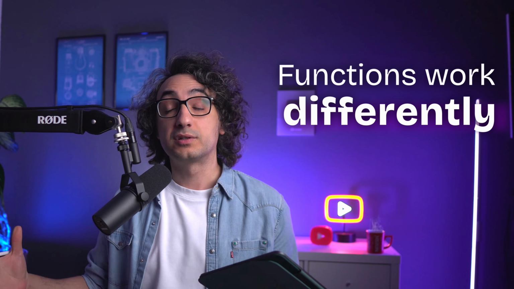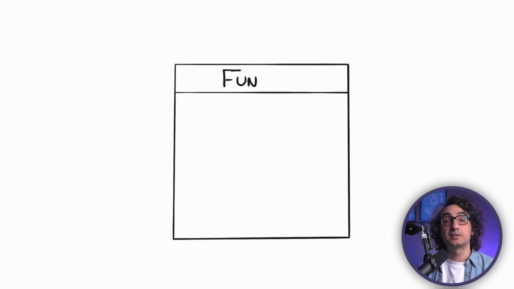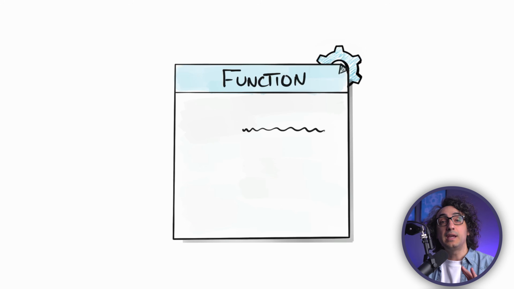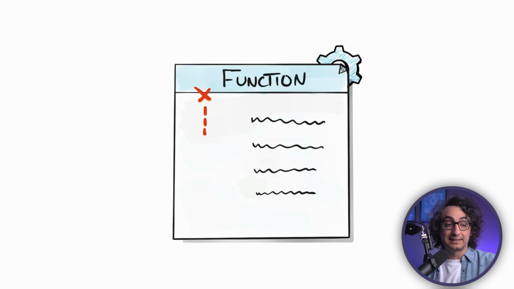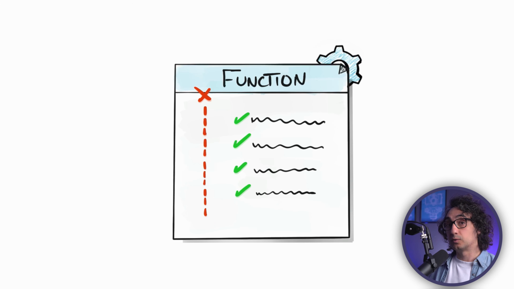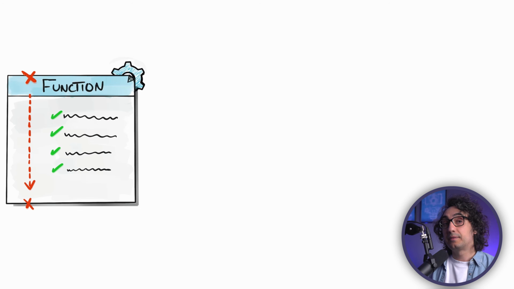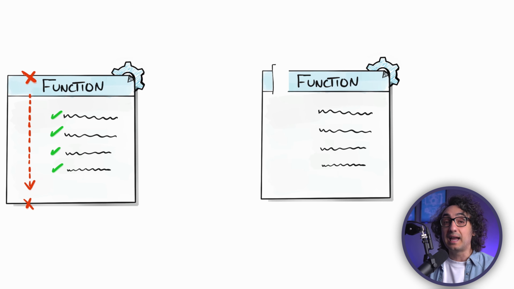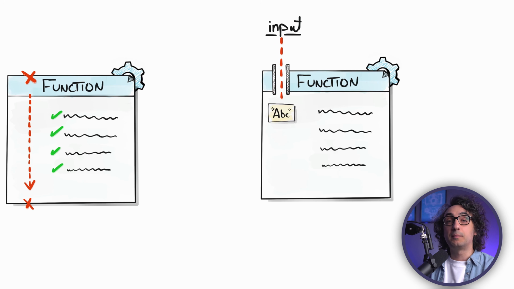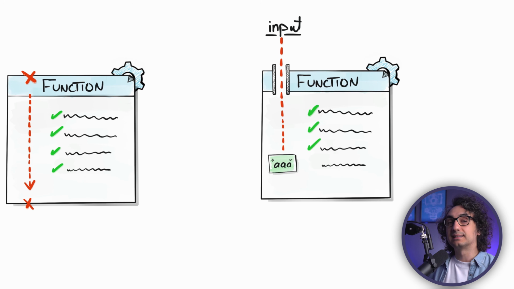Now, before we start talking about the syntax, we have to understand one core idea. Not all functions work the same way. So some functions, like we learned before, don't take any data. So no data goes inside, and no data goes outside. It is just a block of code that's gonna run and do something and then stop. That's it. But there is another shape of function that actually takes data in. So it has an input, it's gonna perform an action and then stop. That means it has no output, there will be no data going outside.